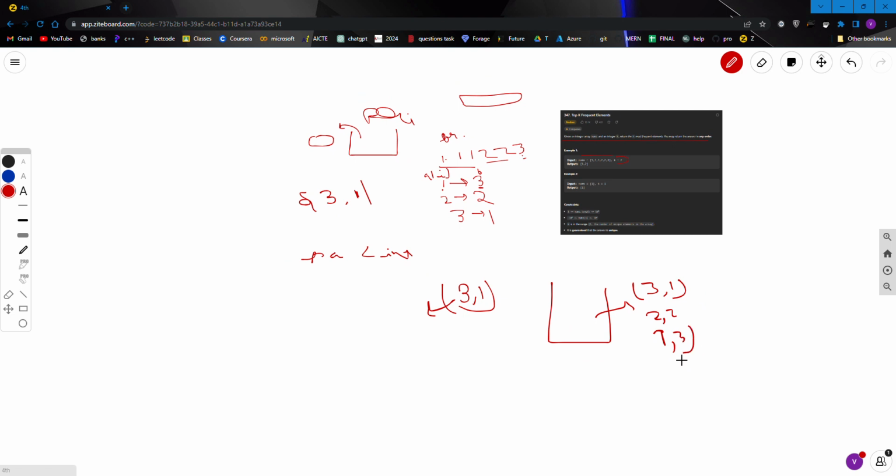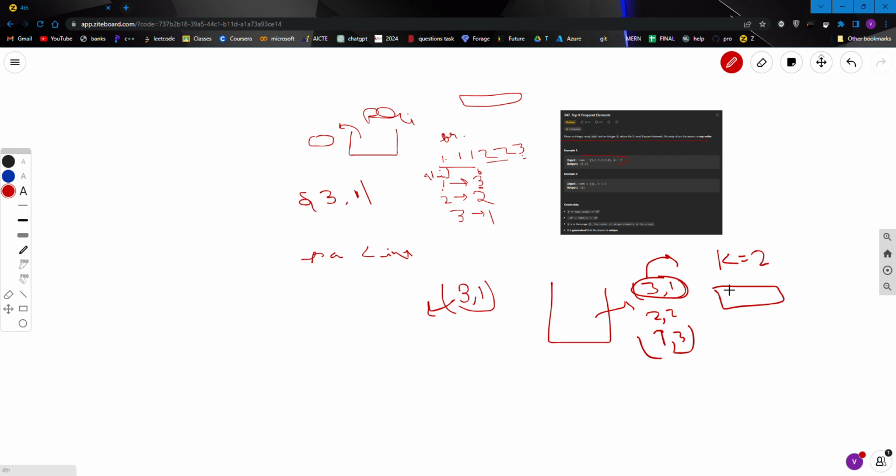Now as we know this is on the top and k is equal to 2. While k is 2, I am going to push elements into a vector which is the answer vector.